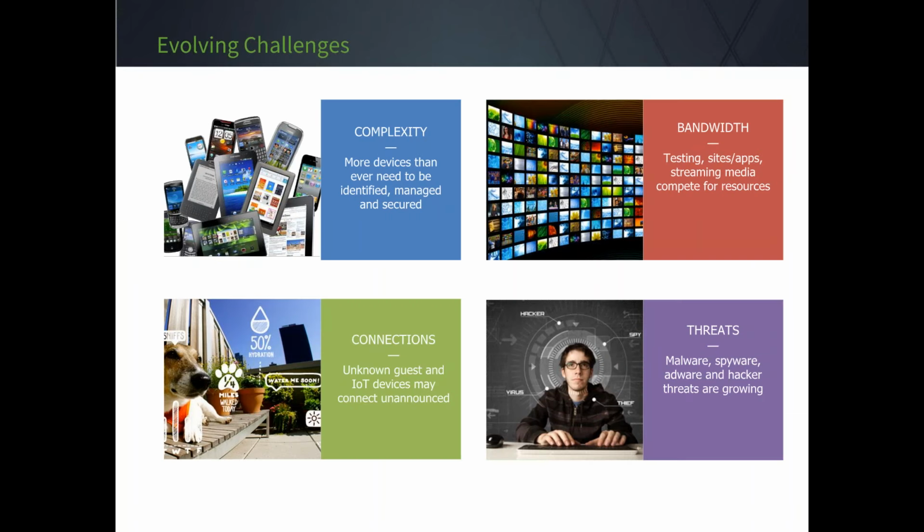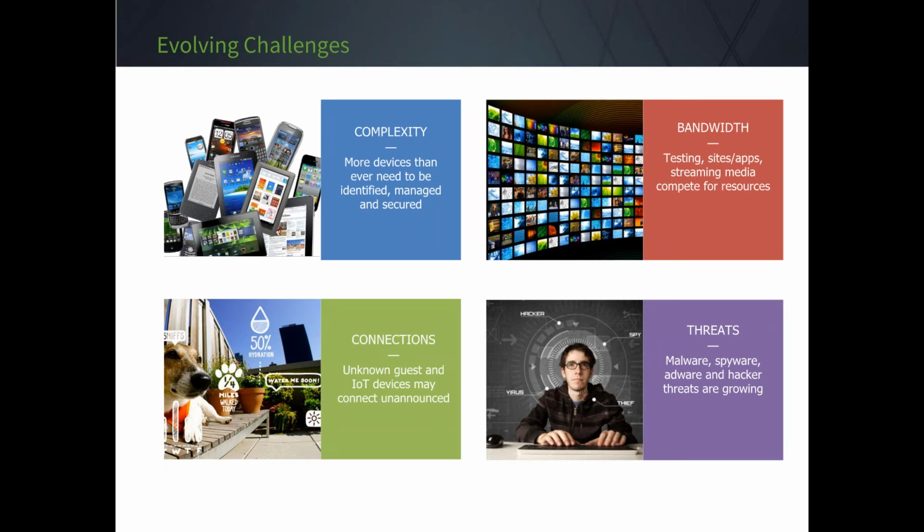Some evolving challenges. As I alluded to minutes ago, you're probably starting back to classes or about to rev up for this new school year, and you've got a long list of to-dos, longer than your school year. How are you going to manage and prioritize your tasks with what you currently have on your plate? You may have a product in place that works well, but maybe it's over budget, and you've got constraints in that area. Or maybe the product was said to do one thing and it doesn't. Or maybe you've outgrown your existing filter, firewall, router, whatever you have.